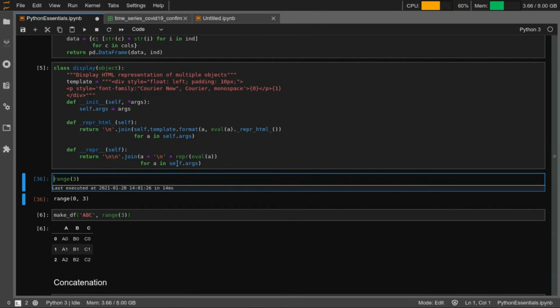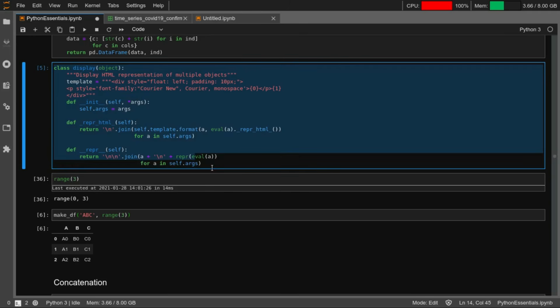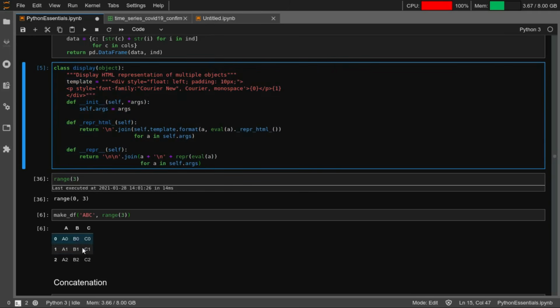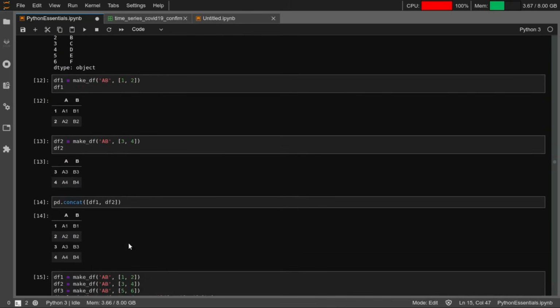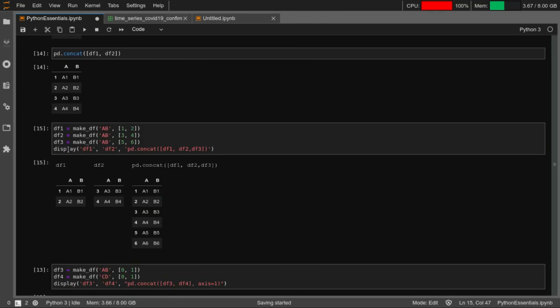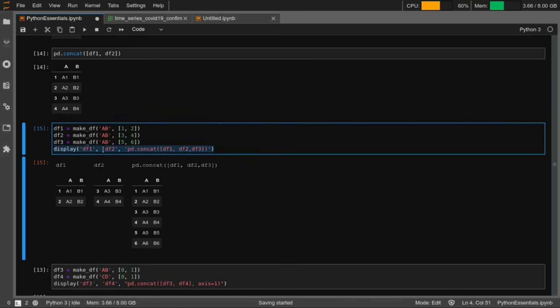This is just for testing and visualization purposes. We are dealing with small data frames. This display function will display a data frame easily. If you want to display 3 data frames, you can just pass those data frames here.